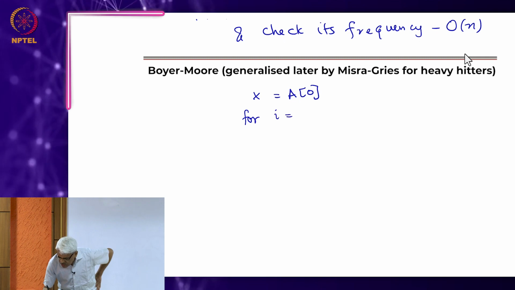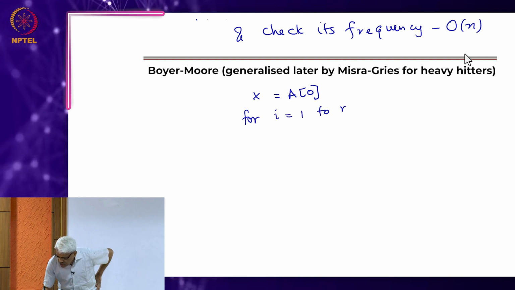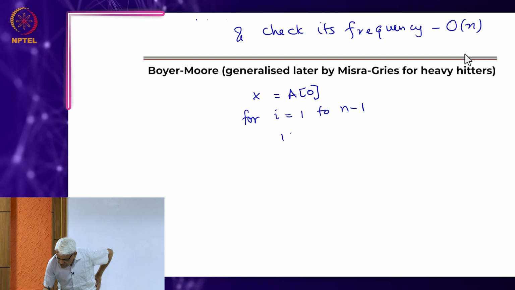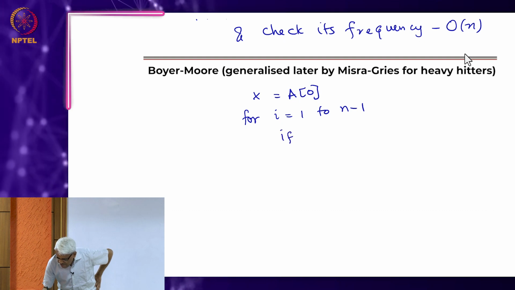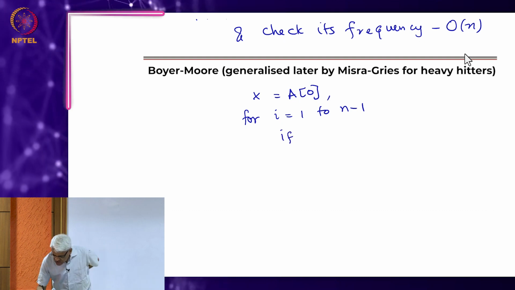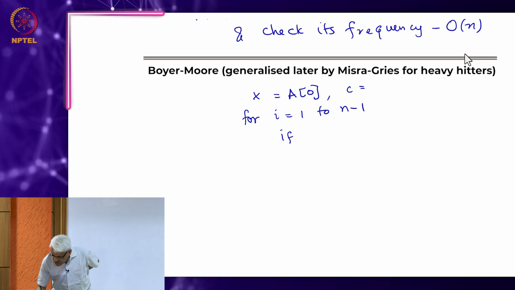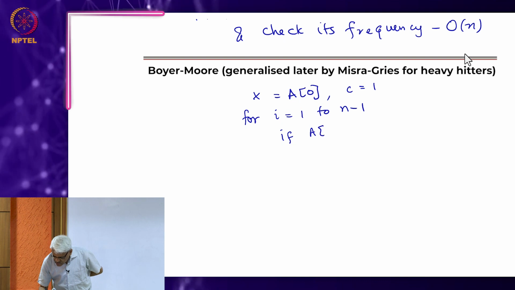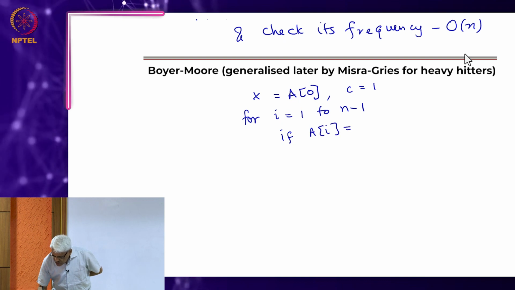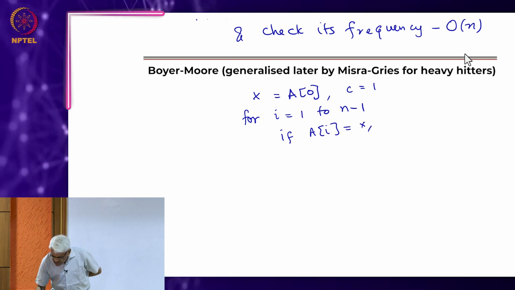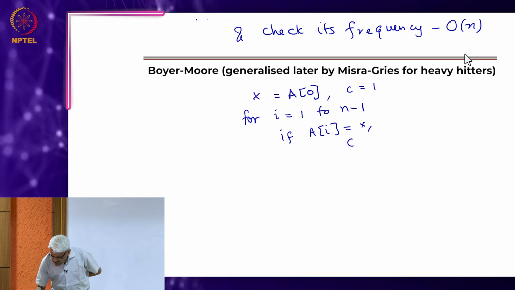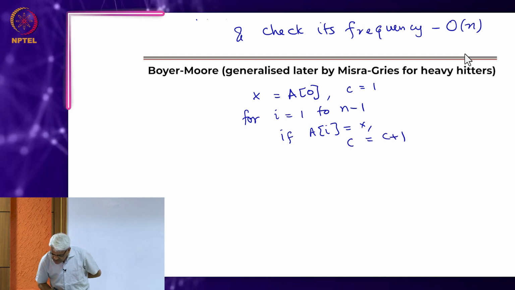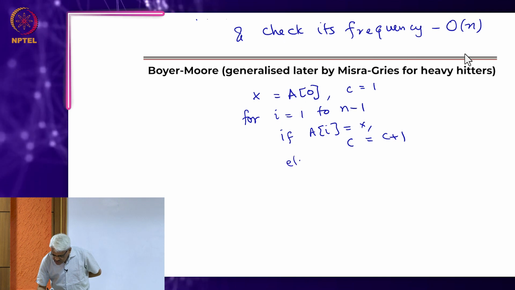Then for i going from 1 to n minus 1, let's also say counter c is equal to 1. If ai equals x, c is incremented, else